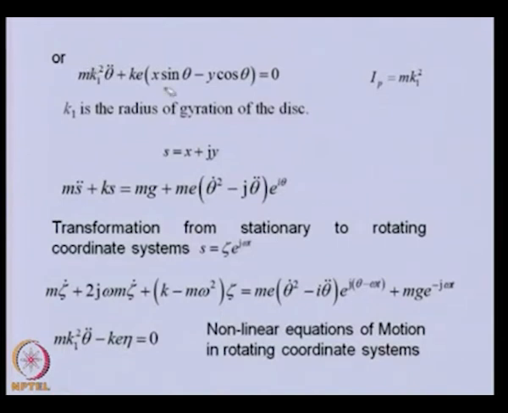So, I p we can write as mass into radius of gyration squared, where k 1 is the radius of gyration of the disc. So, we can write in that particular form. K is the stiffness of the shaft, so these two are different. Now, to analyze this particular system, first we define a complex displacement S equal to x plus j y. So, the first two equations,